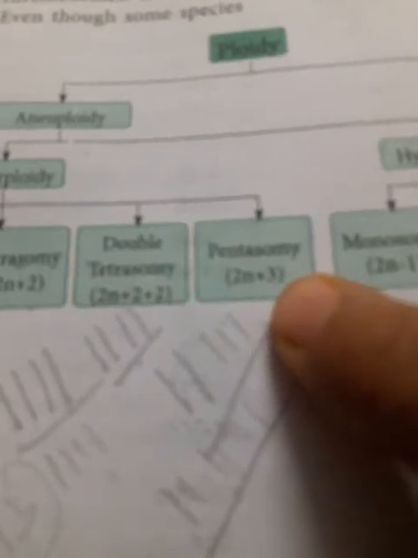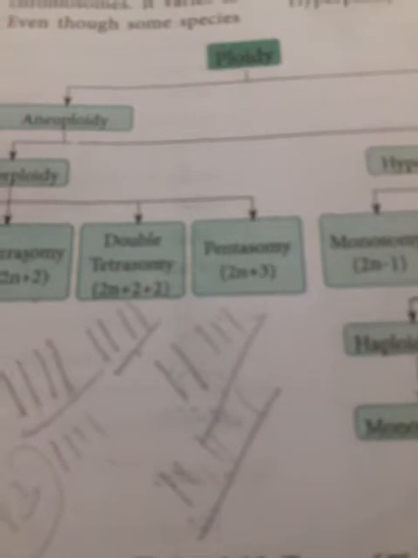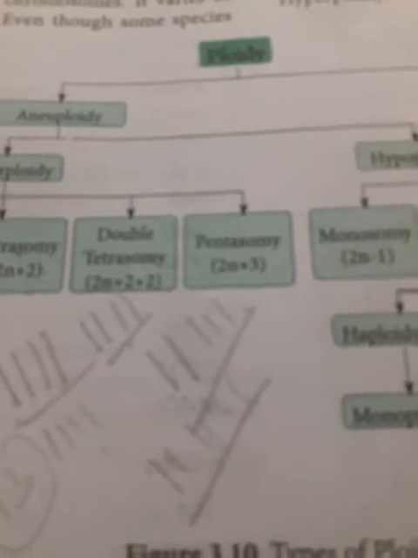Chromosome number 12, why is it 3? Now the diploid set is already there, 2 chromosomes are there, along with 3 that have been added. So there are a total of 5 chromosomes in chromosome number 12. So it is called pentasomy.